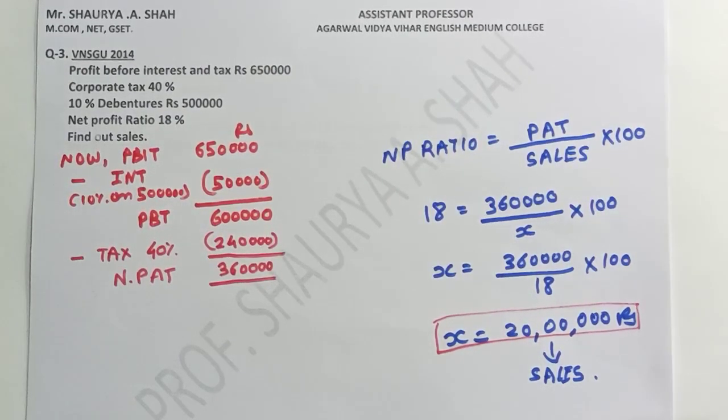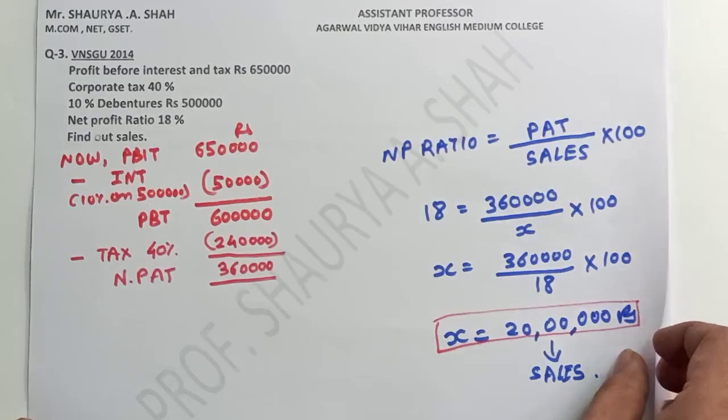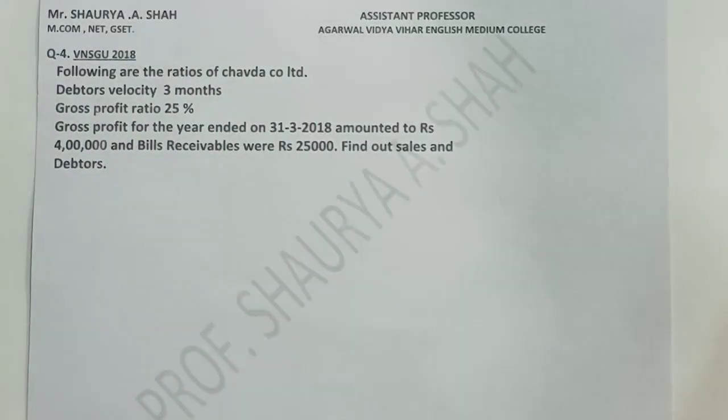Fine. If you are clear with the formulas in the ratio analysis chapter, it will be very much easy for you to solve the sums quickly. In exam, the sums will be a little bit twisted, so you need to be very clear with the concepts. Fine. Moving on to the next short sum which I have given you, that is again sum number 4.